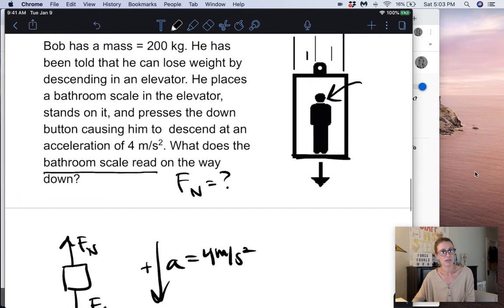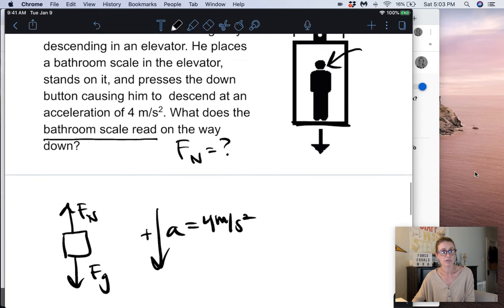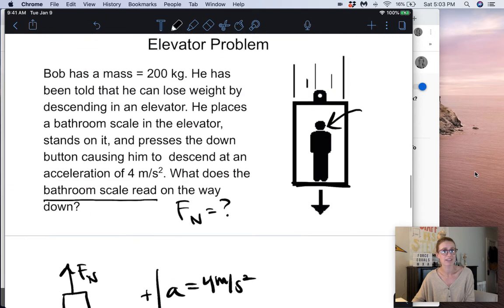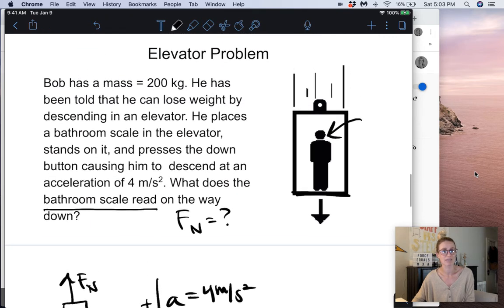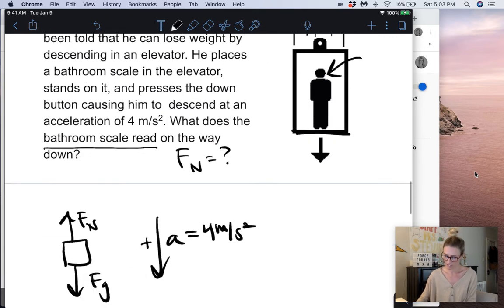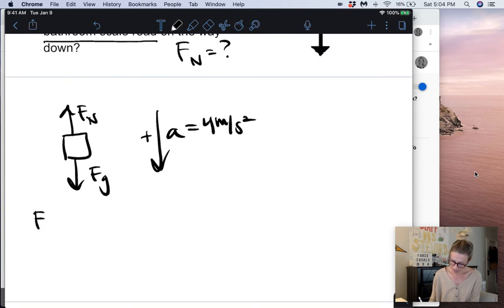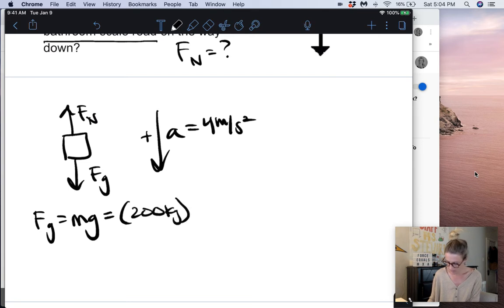Now, the thing that we don't know yet is the force of gravity, but we can find it because the force of gravity is mass, Bob's mass, times the acceleration of gravity. So the force of gravity on Bob is mass times acceleration of gravity. Remember, Bob's mass is 200 kilograms times the acceleration of gravity, 9.8 meters per second squared. And we get that Bob's weight, or his force of gravity, is 200 times 9.8, which is 1,960